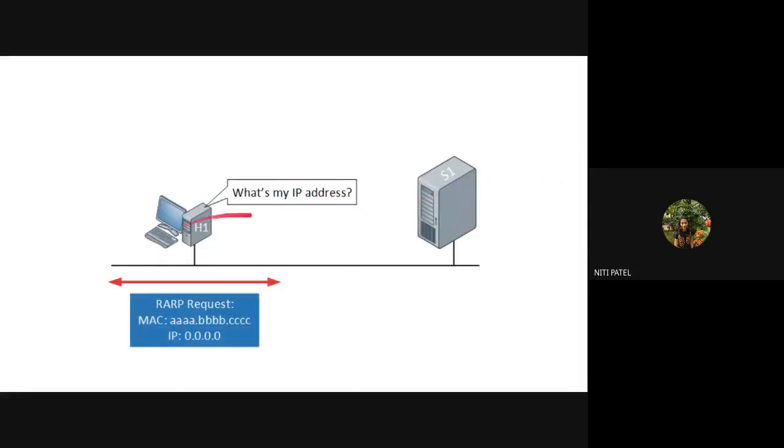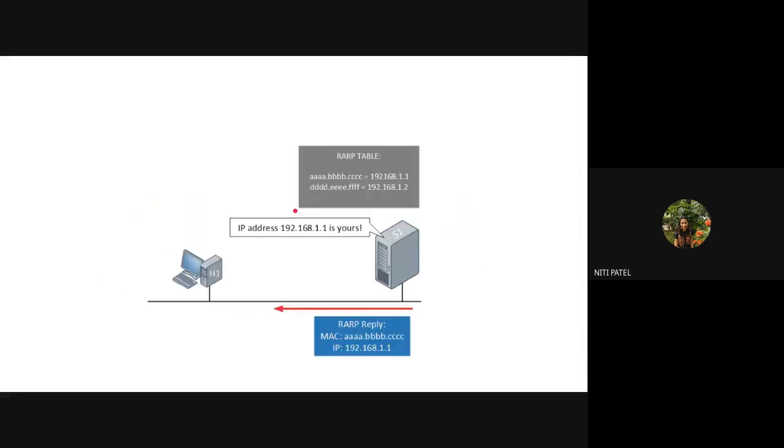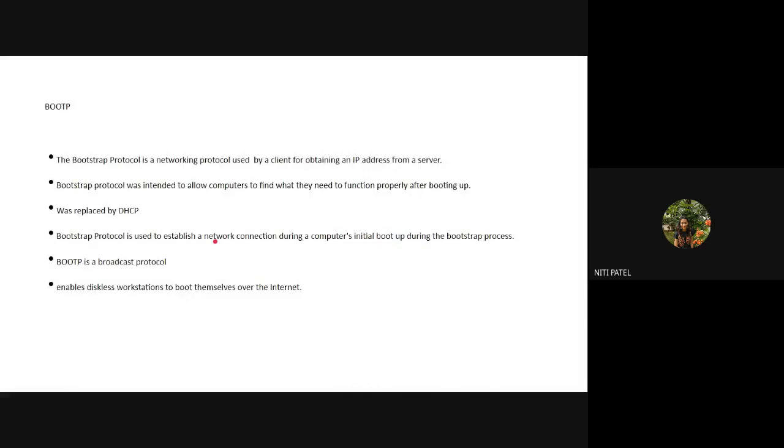Okay, so see, there are two machines. There is machine 1. What is my IP address? I do not know the IP address, so I have connected with the RARP server. The RARP request has been sent. It will identify the IP address and send back the reply with the IP address. So this is acting like your host machine or the server with which the host machine has connected, and then I am going to identify the IP address of the sending machine, which is H1. Once the IP address has been known, it will send that this is the particular IP address, and we have identified your IP address, and now the two machines can communicate with their respective MAC addresses and IP addresses. Okay, is this clear to you?